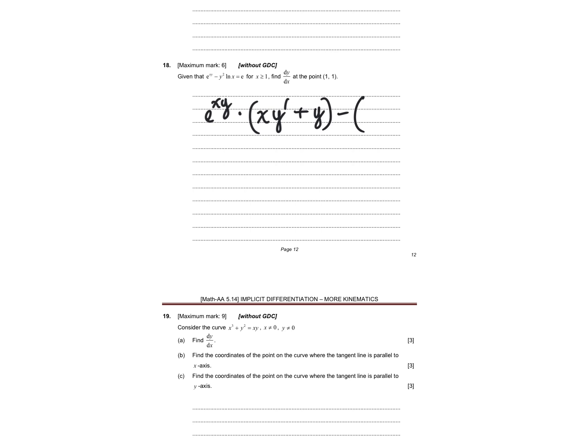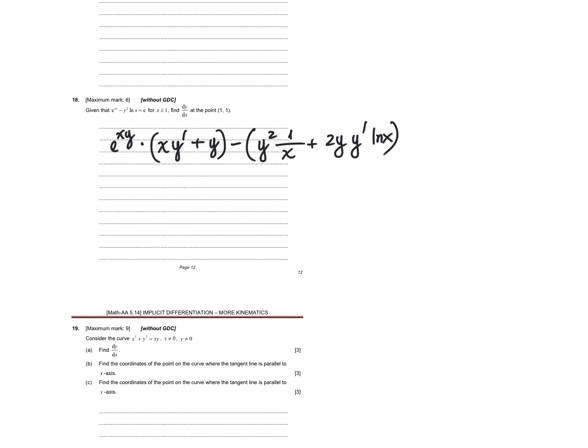And then we have a chain rule again. So the first times the derivative of the second plus the derivative of the first times the second. And then we have equals e, which is just a number, so that's 0. All right, so now we need to sub in 1 for x and y. So we'll have e to the 1 times 1 times y prime plus 1 minus 1 squared times 1 over 1, which is just 1, plus 2 times 1